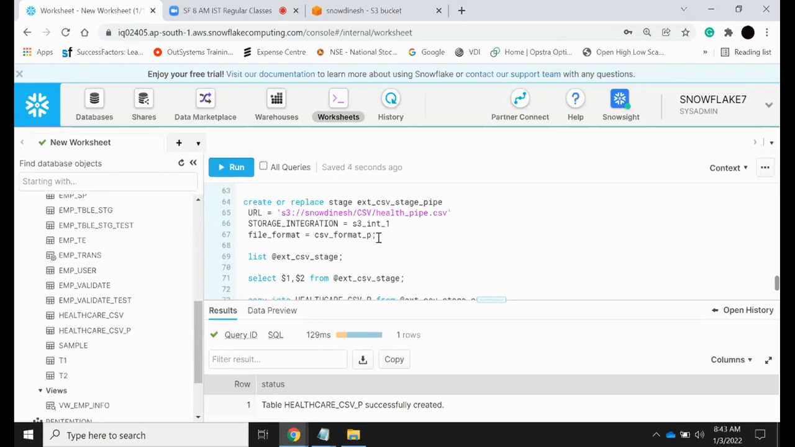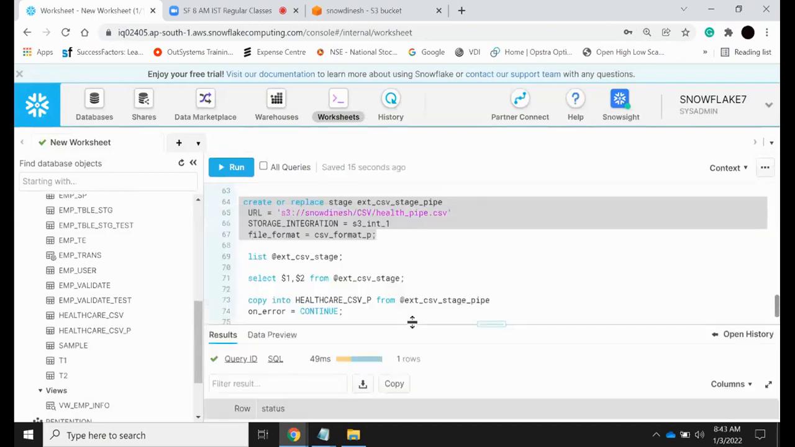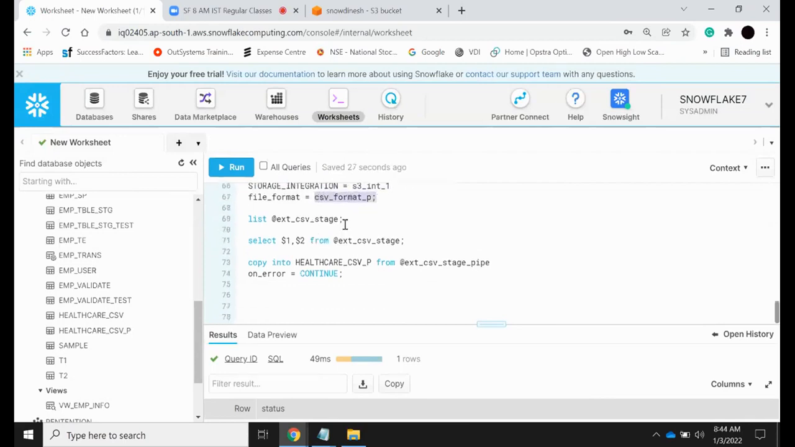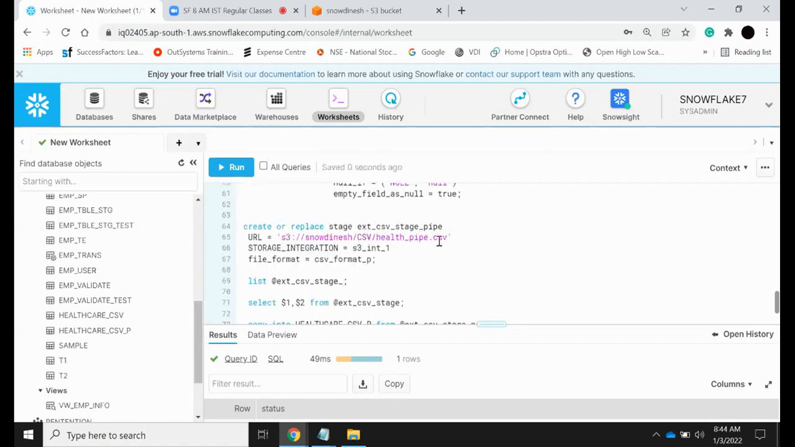Before that, did we create the stage area? No, right? Let's create the stage area. Now when you create a stage area, from this particular file it has loaded into this stage area, and it has used this integration object, and this is the file format we have used. And if you observe stage or pipe,